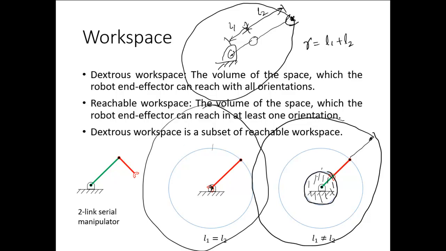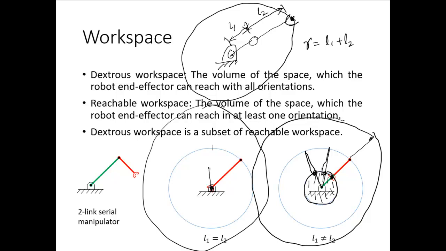But you have something called dexterous workspace, which means the volume or the plane or the points where the robot end effector can actually reach with all the orientations. So if you talk about the two-link manipulator, at this point the end effector can reach with this orientation, but it cannot reach with another orientation, which means to reach this point the links have to be oriented in this way. But if you just try to move this link and the other link, they will come to this point, so we'll have different points. Alright, so this doesn't mean dexterous workspace, this is again a reachable workspace, but in this case you're reaching a point with these two links having an angle between the two.